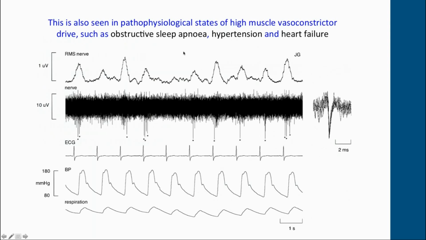We can look at different disease states. So I've looked at obstructive sleep apnea, hypertension and heart failure. Elizabeth Lambert at the Baker Institute in Melbourne has done a lot of work on different disease states, including panic disorder and obesity and hypertension. And basically the pattern is very uniform across labs. Individual neurons tend to fire once per burst, but as you can see, they can occasionally fire multiple times, although this is rare.